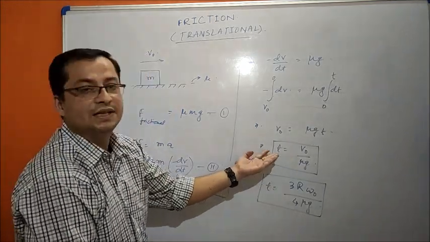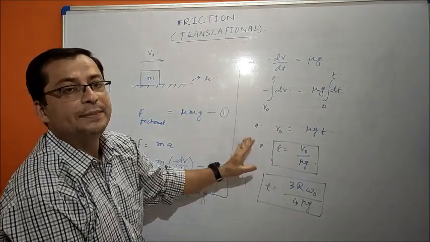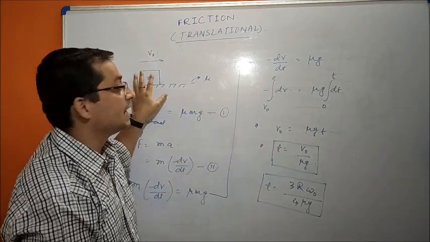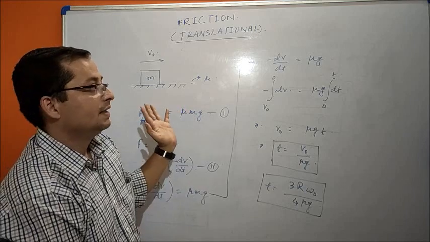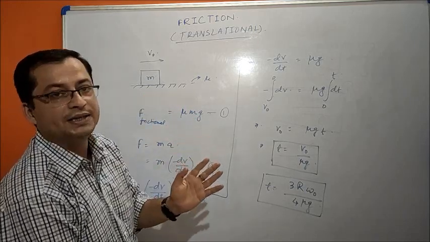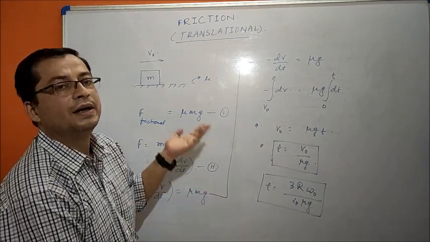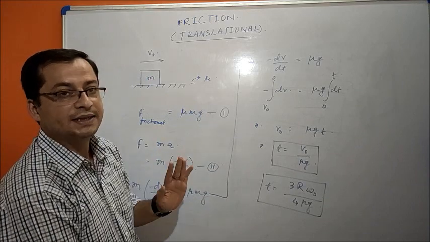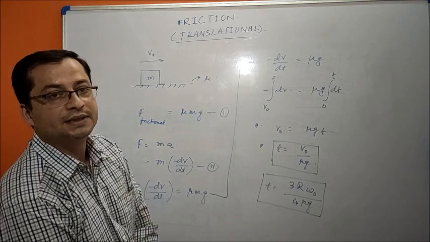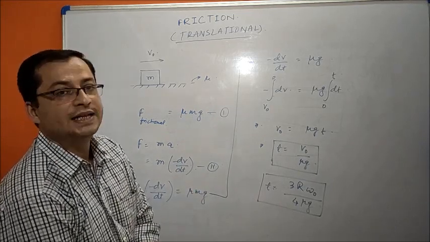But in the case of translation, what we are seeing over here is that the expression for time required to stop is independent of the dimensions of the object, right? So it is independent of the size of the object. If you have several different objects which are translating and they have different dimensions, they have different areas of contact with the horizontal surface, they will stop in the same time if they have the same mass, right? So this is a major difference between these two expressions, and a very conceptual thing. It will be required for all the good problems of JEE examination.